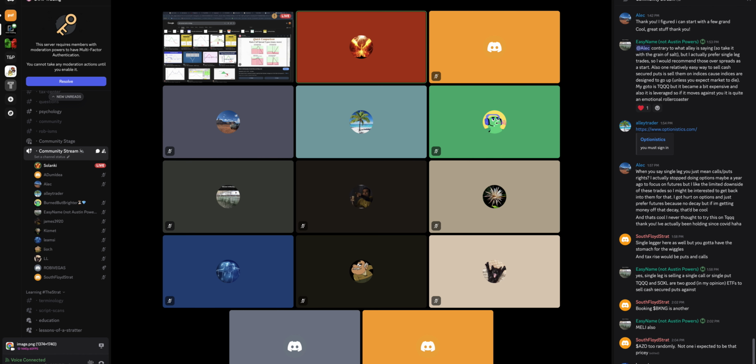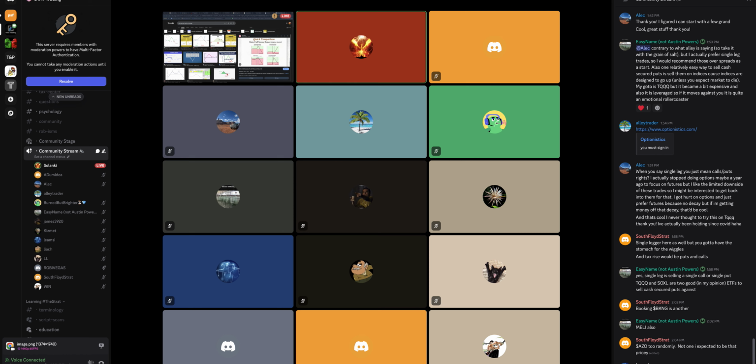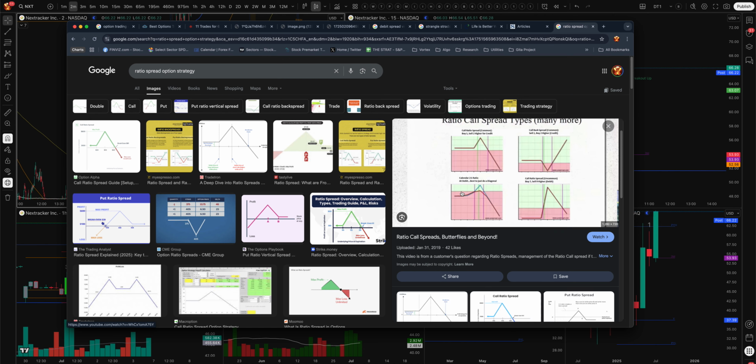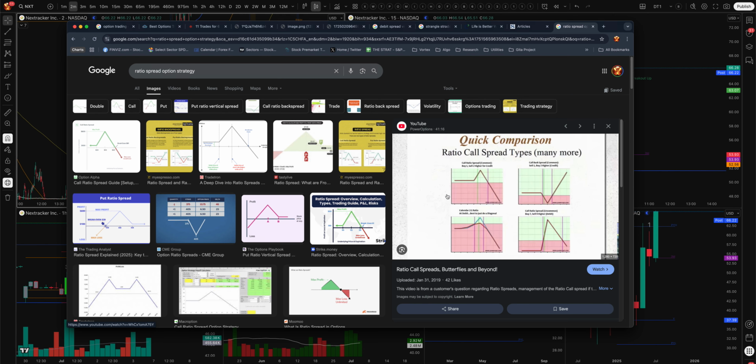Cool. Well, I have personal reasons to make sure that I learn this stuff properly, because when I first tried to learn it, it just went over my head. Probably the 10th time I tried to learn it, it went right over my head. And I did spend some time doing this sort of thing. But I know the way I learn. I'm a slow learner, but I'm also a visual learner. That's why I started pulling up some Google images here of what things are. I've seen these payout diagrams, you know what I'm talking about,